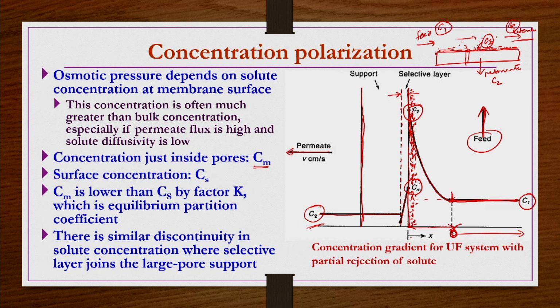At x equals 0, the membrane surface, the concentration is CS. At x equals delta onwards, towards the bulk side, the concentration is nothing but C1. These are the boundary conditions. So, the concentration change with respect to distance is happening only from x equals 0 to x equals delta. What is that function we have to find out, if we want to find CS, okay. That is what we are going to do anyway.